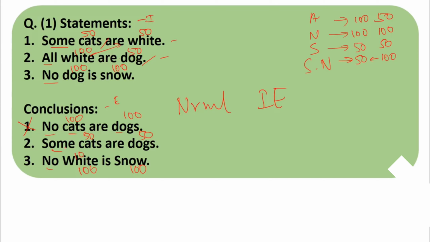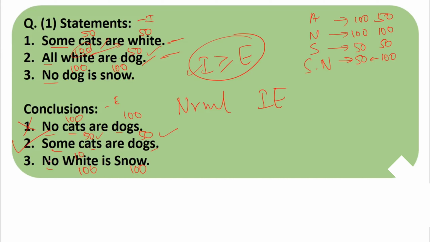Now cat income is 50, this is income, this is expense, cat income is 50, here cat expenditure is 100. Not a valid conclusion, the expenditure is exceeding. Okay, next, some cats are dogs, this is the second conclusion. Cats and dogs in one sentence. Let's check out, cats, white, dog. Again these two sentences. White is common, one white is 100, so we can go ahead. Cat income is 50, cat expenditure is 50. Good, condition is satisfied, income greater than or equal to expenditure. Next is dog income, here it is 50, dog expenditure is 50. This is a valid conclusion because the condition is satisfied.